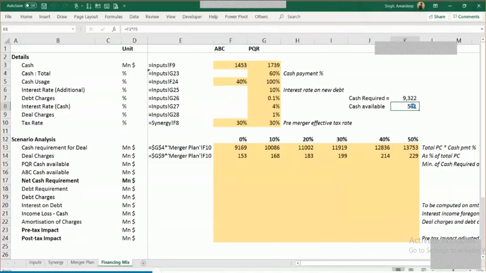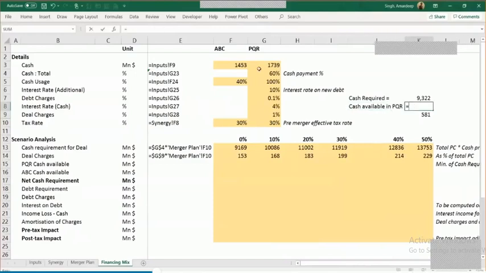Similarly, if I notice what is the amount of cash that I've got in the PQR, this is like ABC. Let me put cash available in PQR: 1739. Now bear in mind that we are paying to the shareholders of PQR. Once you pay them, this company belongs to you. And when this company comes to you, you basically control the overall company. You own all the assets, including the cash. So 1739, you decide to use 100% of it because you're saying that I would use 1739 from here and 581 from here. So I'll have a total cash of 2320 that I'm going to utilize.